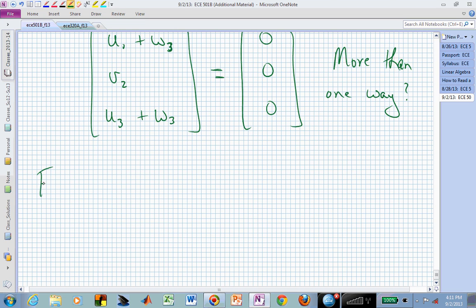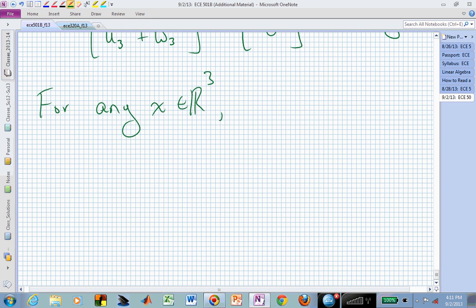First of all, let's just make sure that U, Y, and W do span all of R3. If they didn't do that, then there's no way that it could be a direct sum. We need it to at least be able to fill up all of R3. So if we start with any three-dimensional vector x, let's call that x sub 1, x sub 2, and x sub 3,